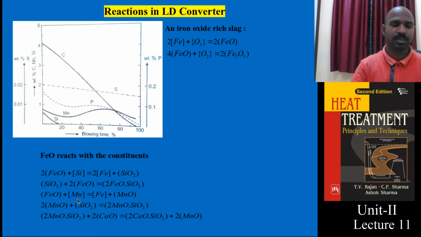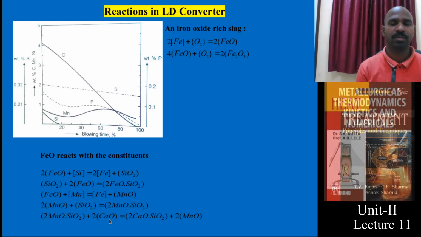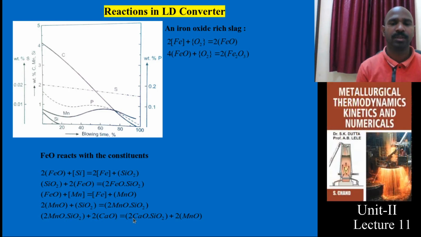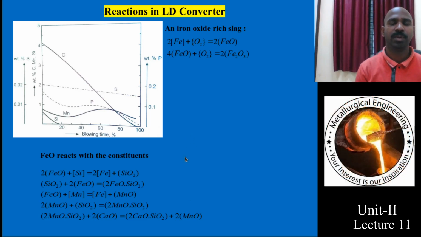With manganese, a similar situation. With manganese and silicon oxides, calcium oxide, which is lime, is used as a flux, which also is removed in the form of slag. It means silicon and manganese content can be reduced to a further low level. This gives a brief idea, shown in a simple chart.